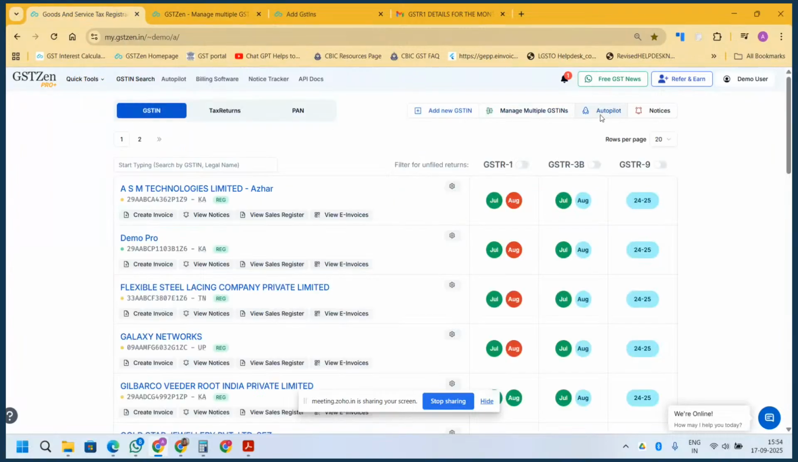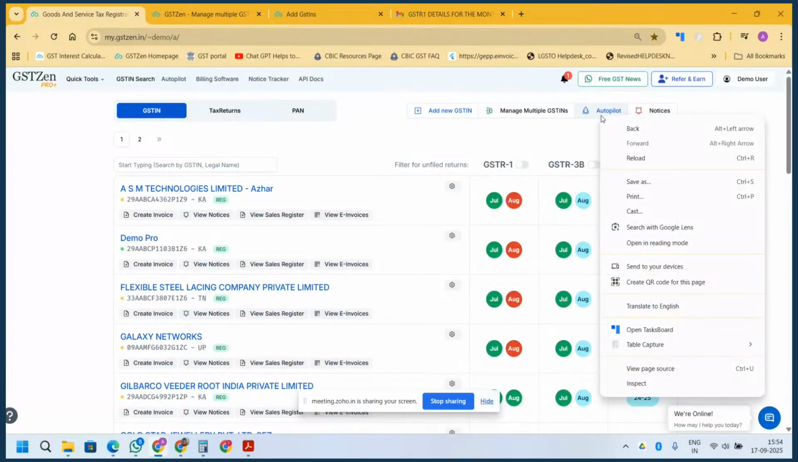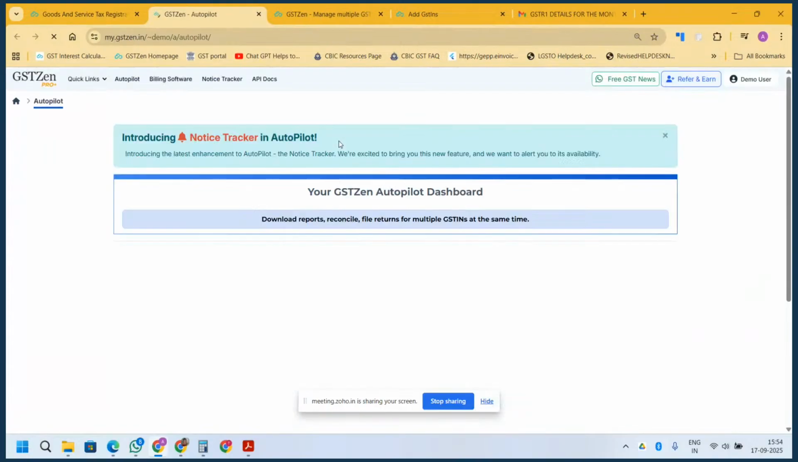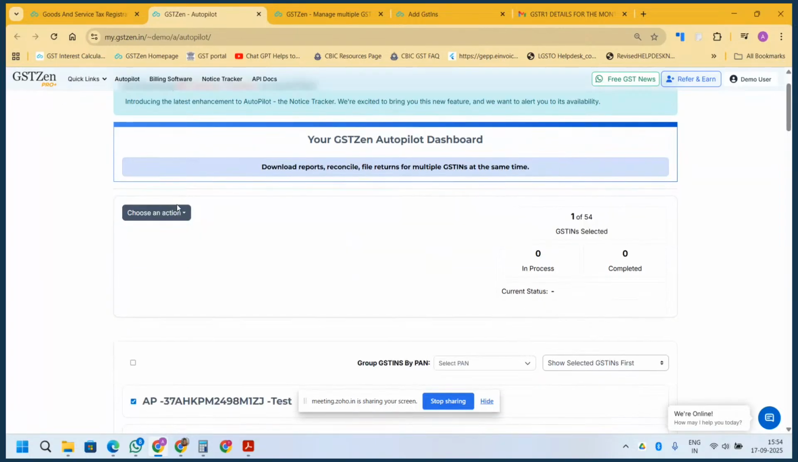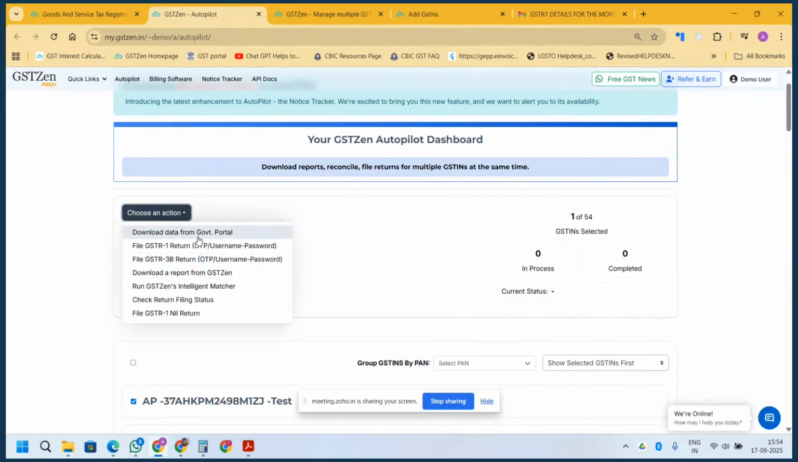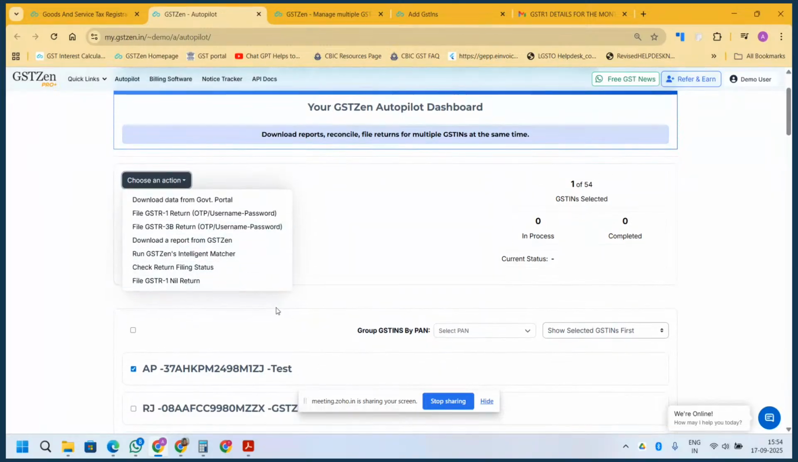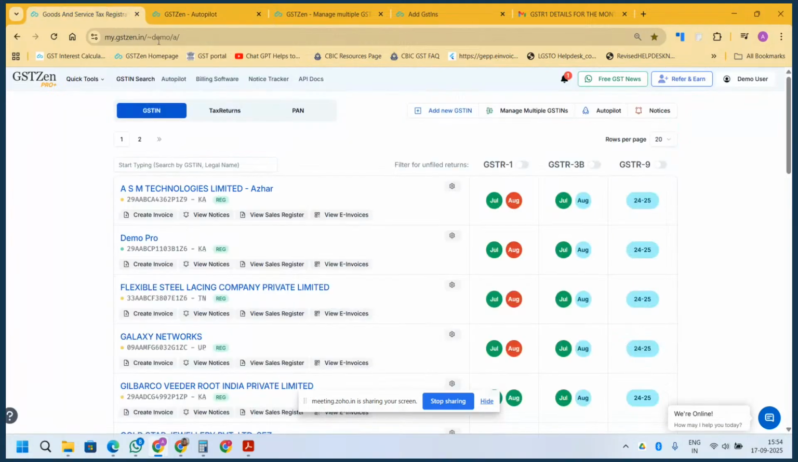Then we have the third tab, that is autopilot. This tab allows you to work for multiple GST numbers in one go. You can download and fetch the data for multiple GST numbers in one go from the portal, file the return, or check the return status, whether the return has been filed or not, for multiple GST numbers. The next tab we have is this notice, where you can track